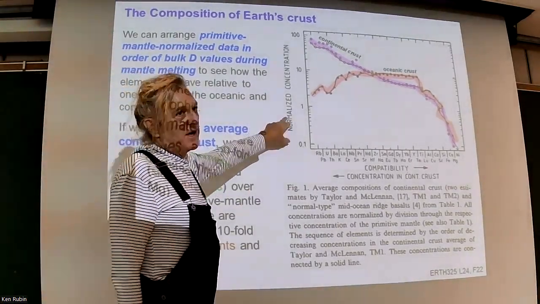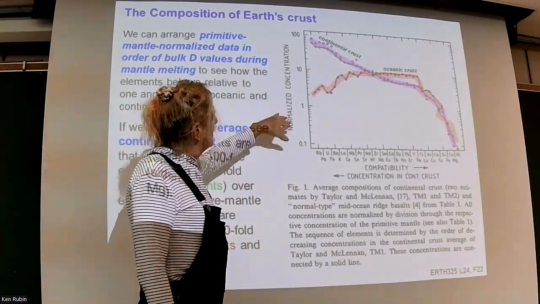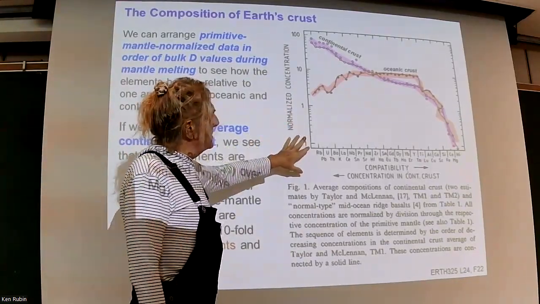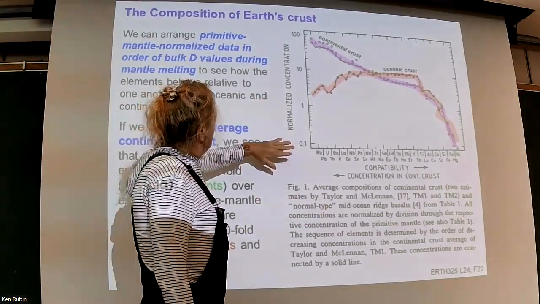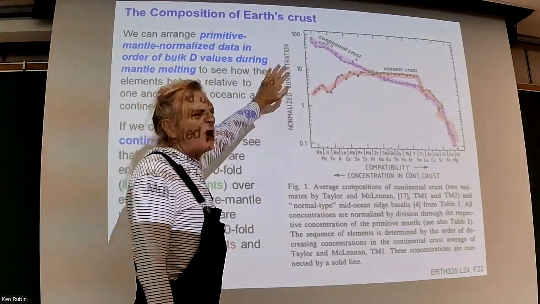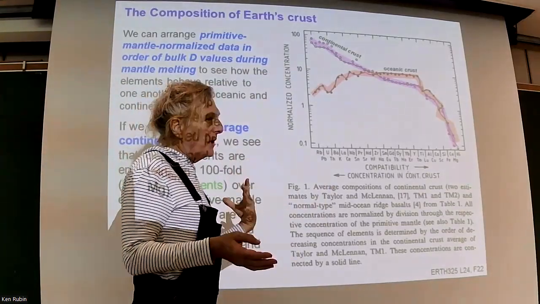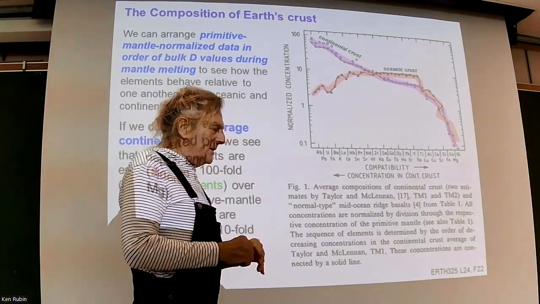Normalized to chondrites, okay? Even though it doesn't say it here, it's just telling you that most of these diagrams, because geochemists use them all the time, have a normalization. You always want to know what the normalization is, because it could be other things. But one of the reasons that we normalize, if you think back to when we were talking about the r-process